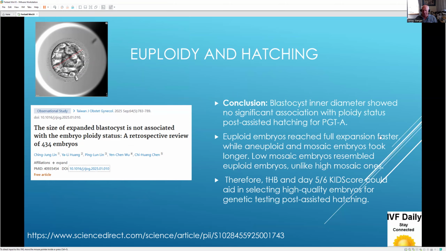Euploid embryos reach full expansion faster than aneuploid and mosaic embryos, and low mosaic embryos resembled euploid, unlike high mosaic ones. So you can't really tell the difference in rates of development between euploid and low mosaics. They're almost identical. Therefore, the time to hatching and the day 5, day 6 KID score could aid in selecting high quality embryos for genetic testing